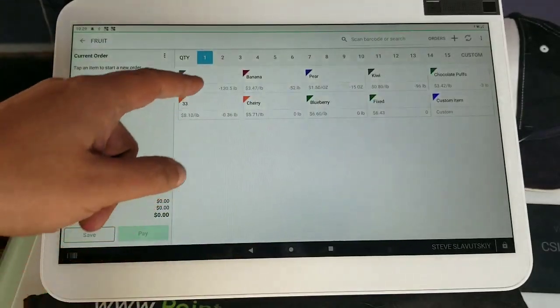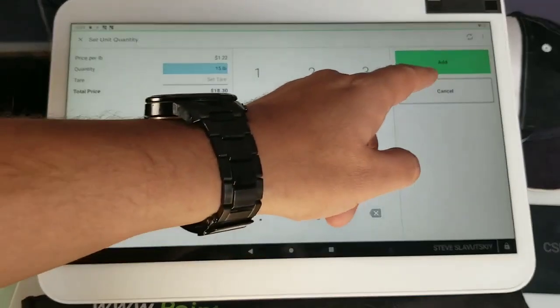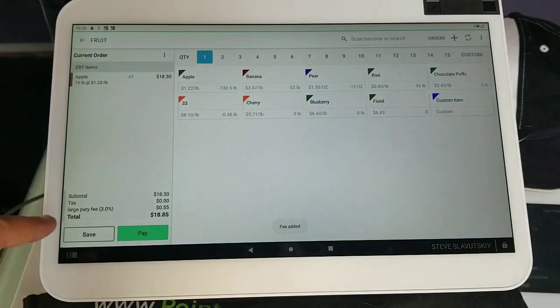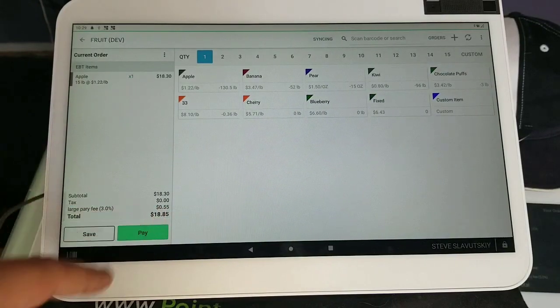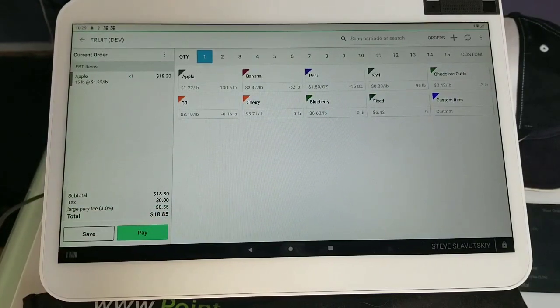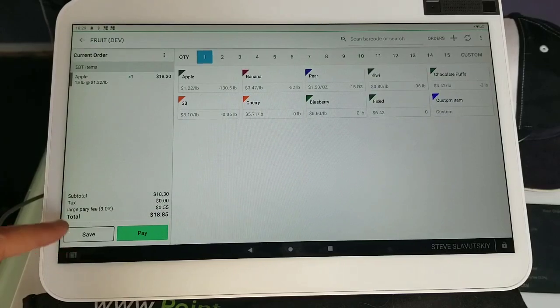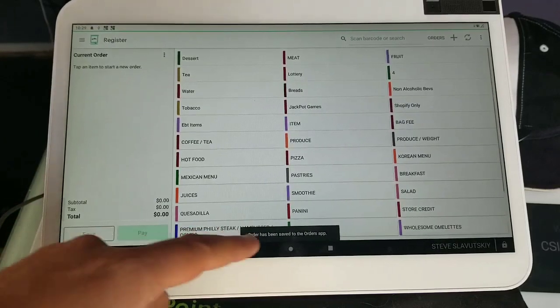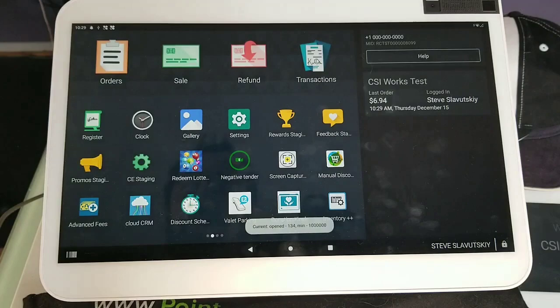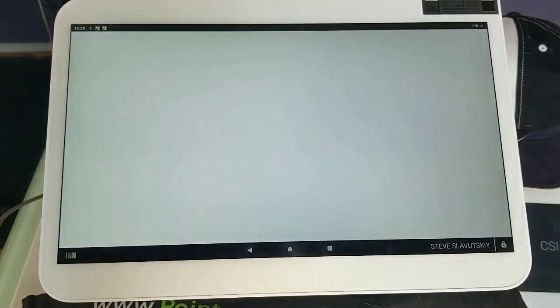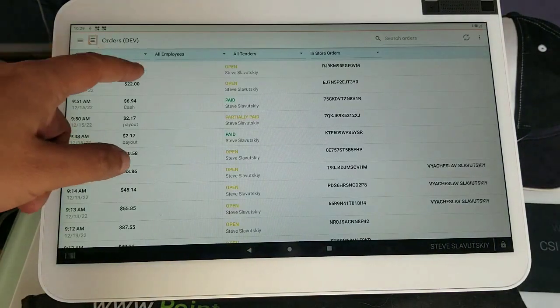A fruit, how about that? We'll grab an apple, 15 pounds of it, and we have our large party fee right there, right? And then what we're going to do is save this order, right? So the order has been saved, and then we're going to go to orders, and we're going to reopen it,